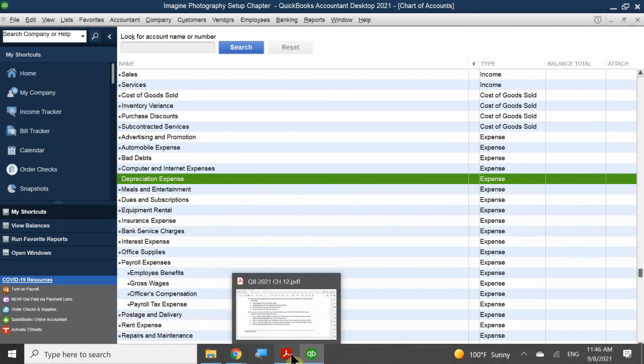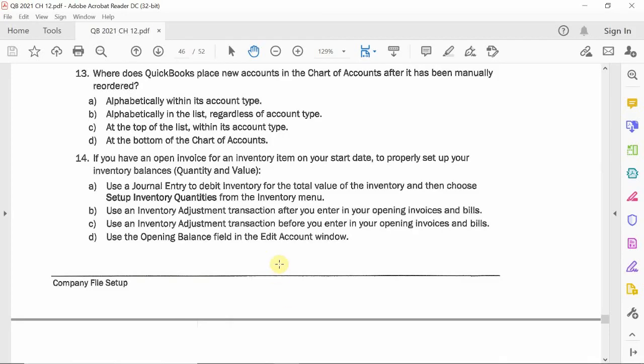Okay, so back to the question. Number 14. If you have an open balance in your inventory, how do you set up the balance? Okay. So in this case, this is chapter 8. Once again, when we dive into inventory, you're going to learn that we have what's called the inventory adjustment, which